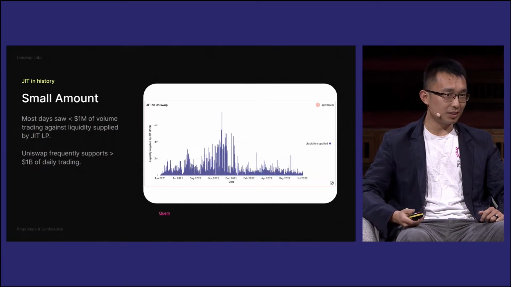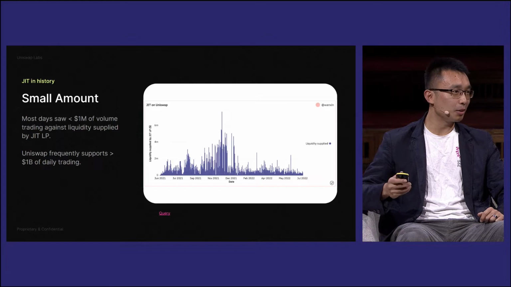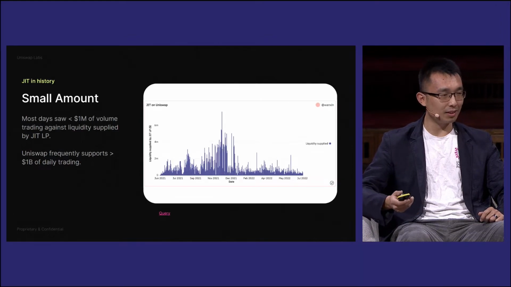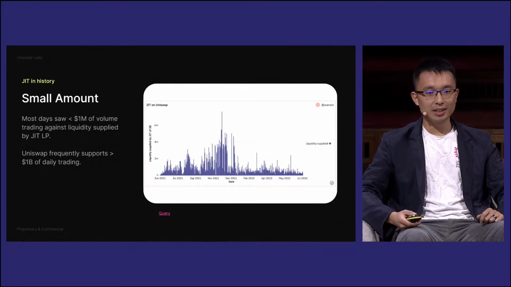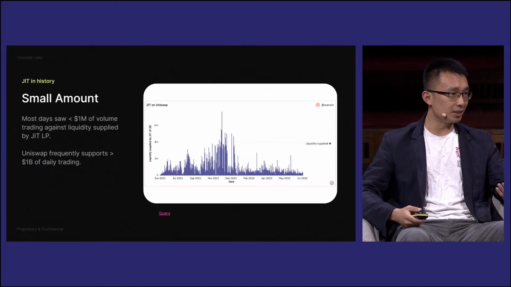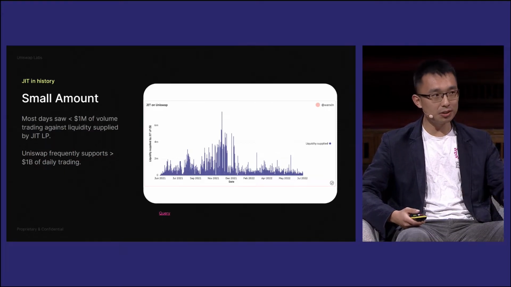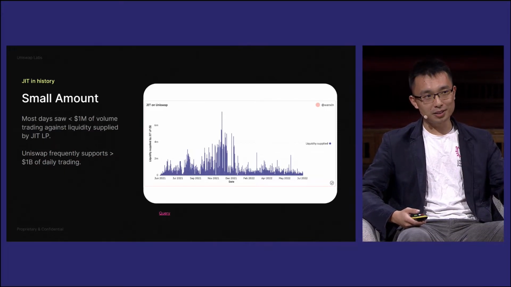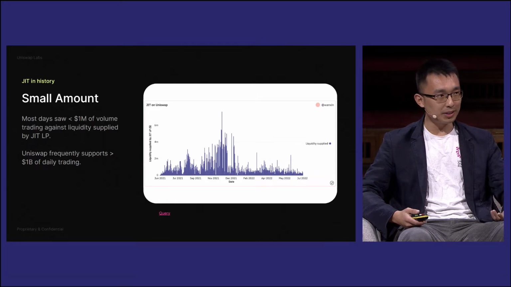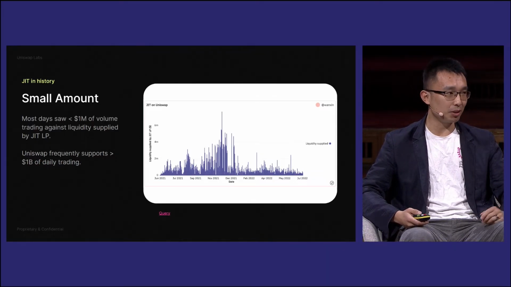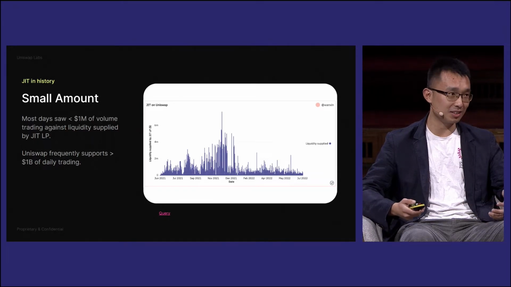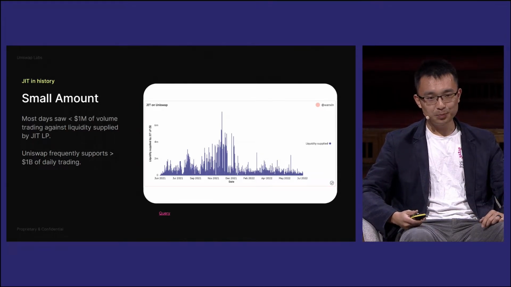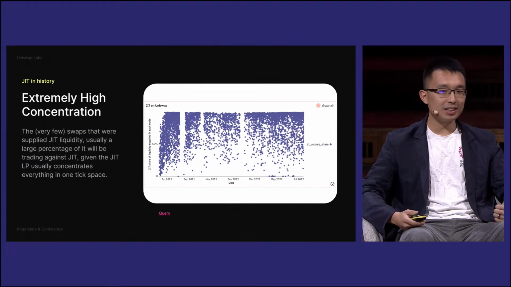For reference, the Uniswap protocol supports about $1 billion of trading on an average day. So that's about 10 basis points, or 0.1% of the total volume going against just-in-time liquidity. And because fees are distributed proportional to liquidity supplied, overall there's about 0.1 to 0.2% of overall fees going to just-in-time liquidity providers, and it barely matters for the other LPs. On the flip side,